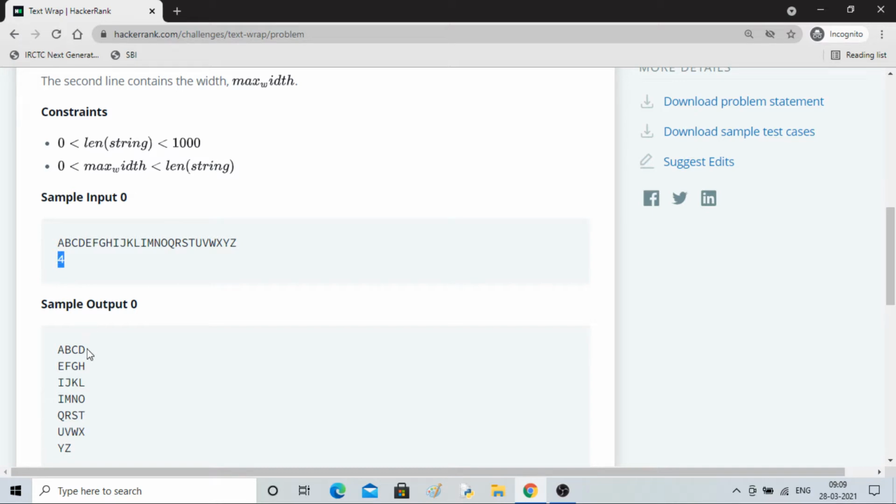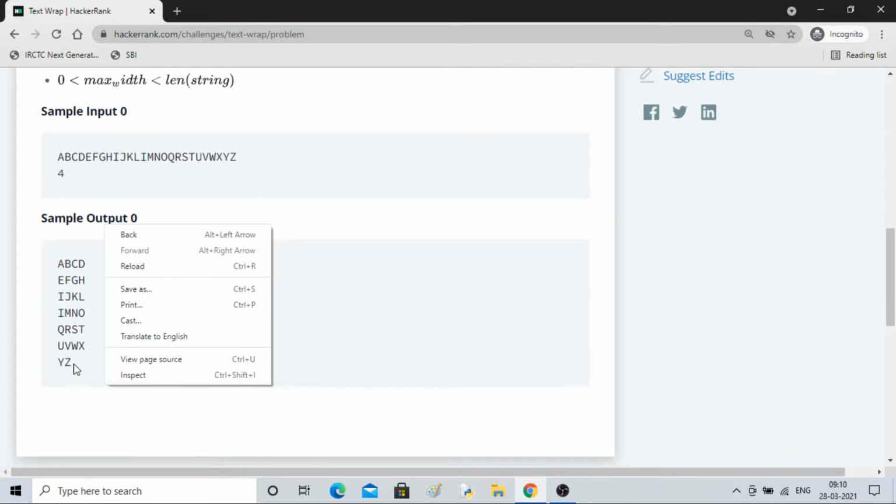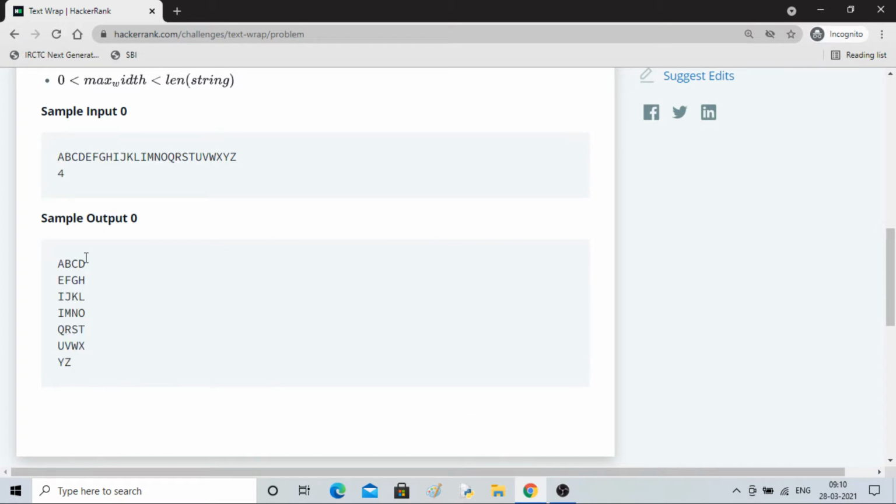The width is 4, so we can see it has divided the string into parts of 4, then 4, then again 4. So it has wrapped the big string into a paragraph of width 4.